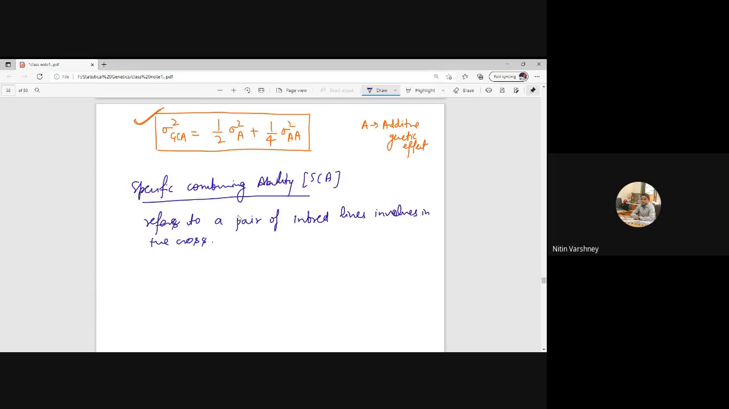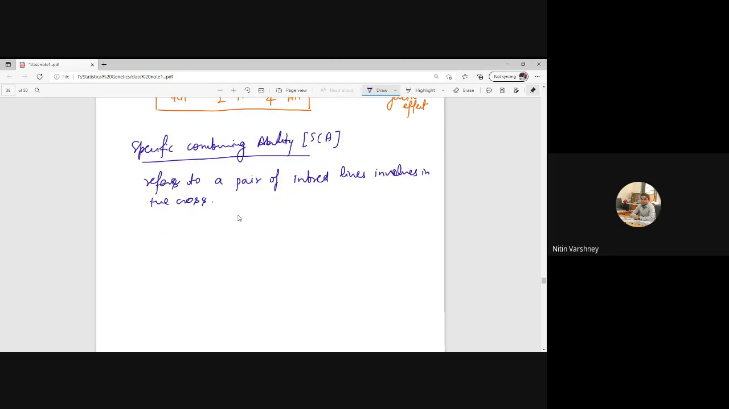So it indicates cases in which certain combinations do relatively better or worse than would be expected on the basis of average performance of the two lines. Suppose these are a pair of inbred lines. Okay, if we see individually the average effect of its hybrid,